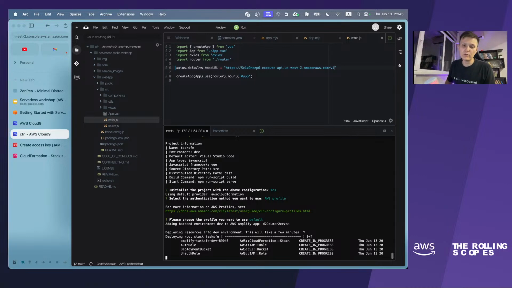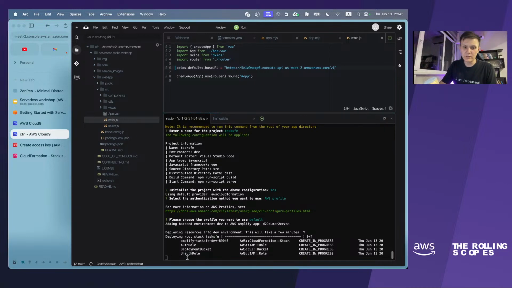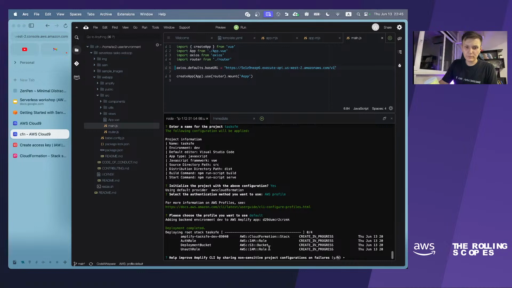Amplify will also leverage CloudFormation to manage the resources within your account. It will create something like an IAM role to manage your application. It will create a bucket which will keep your deployments and so on.